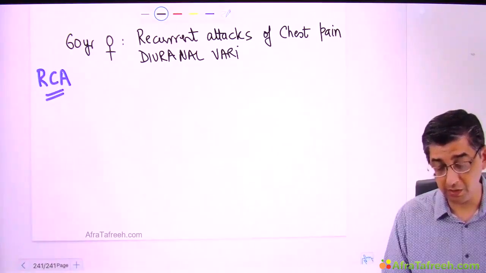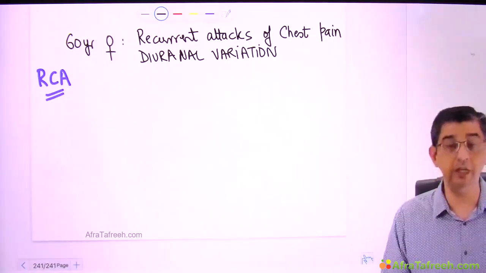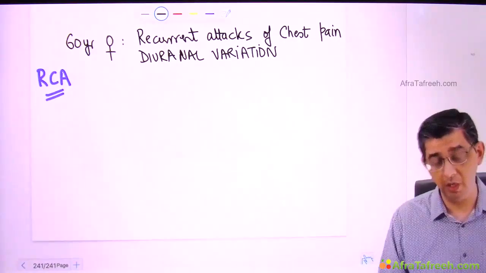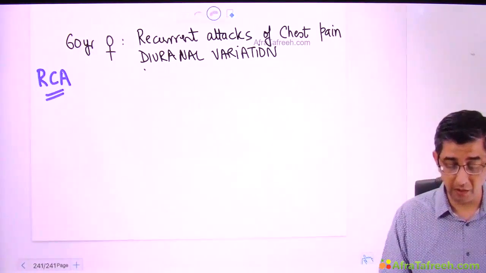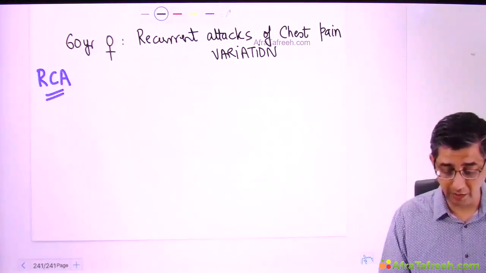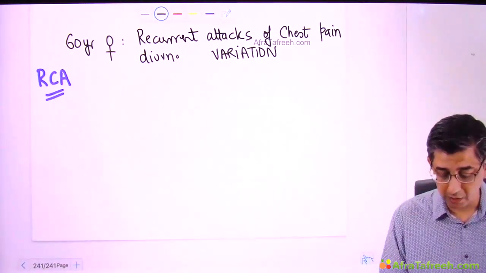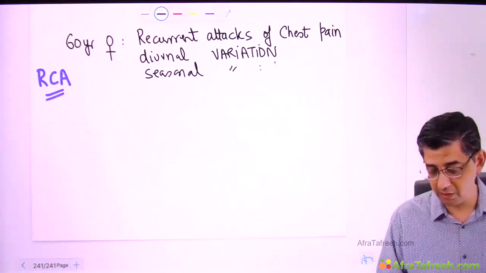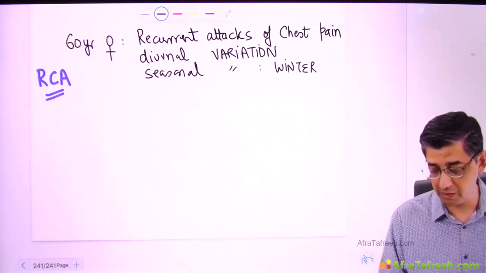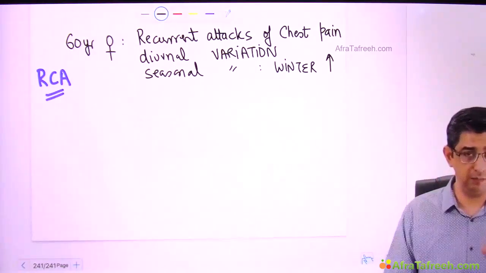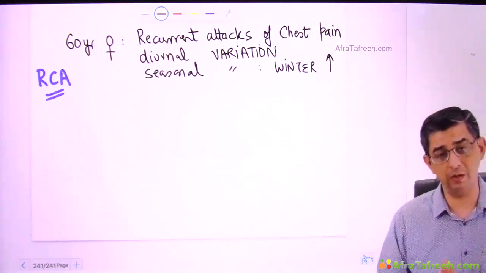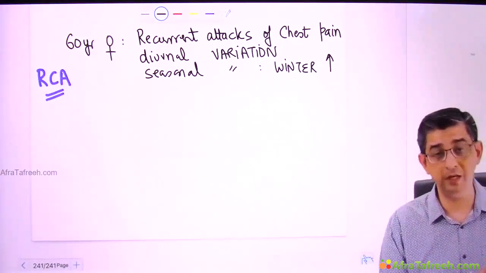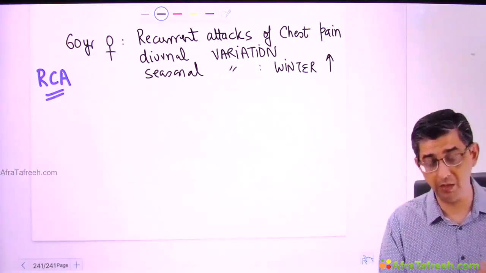In fact, there can be seasonal variation also present, because in winter months, attacks of Prinzmetal angina will be more because vasospasm will be more in the winter months. So, if he is himself giving you a scenario of either a diurnal variation, or is mentioning a seasonal variation, with the incidence being more in the winter months as compared to summer months, you would be able to catch this statement from the examiner, and you would start thinking, oh, it is unlikely to be MI, it could be a possibility of Prinzmetal angina.